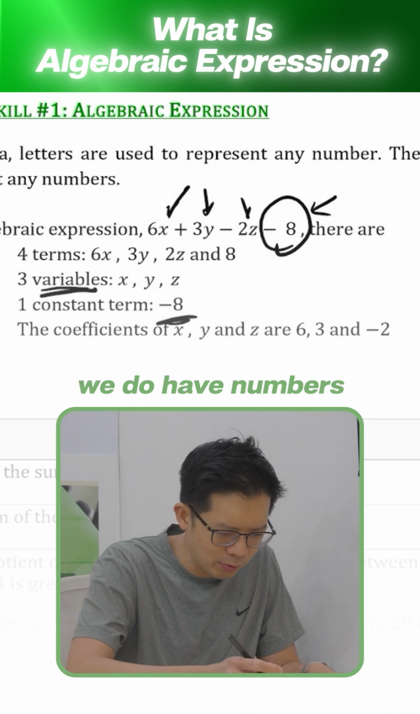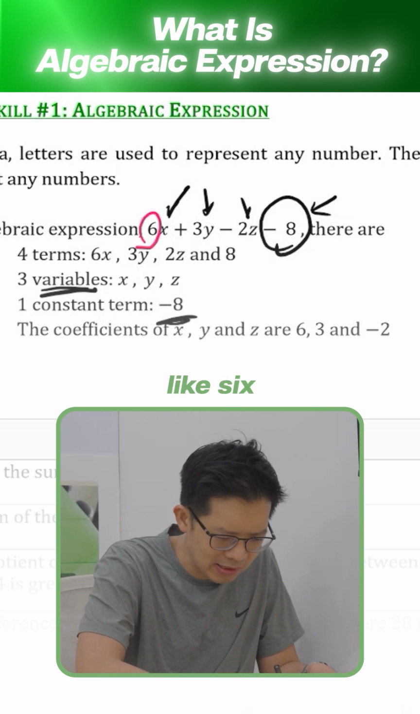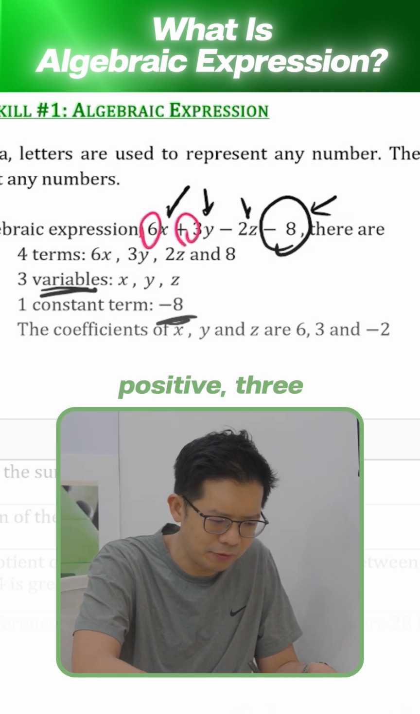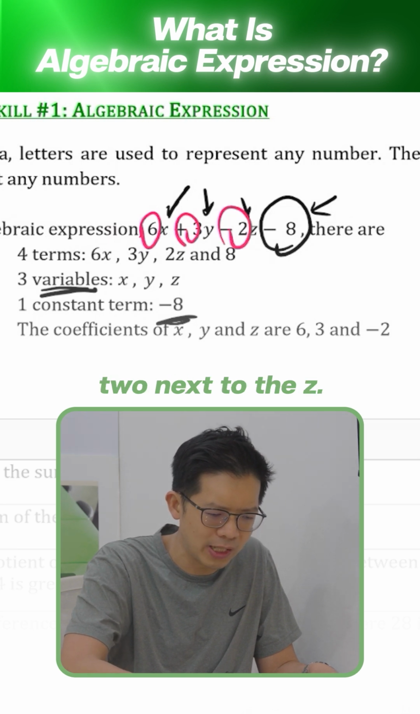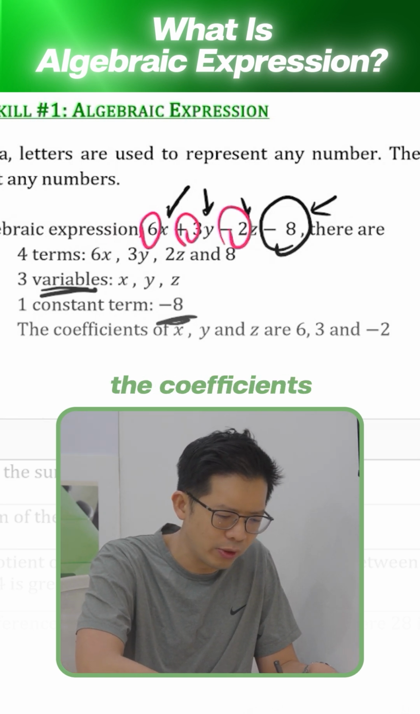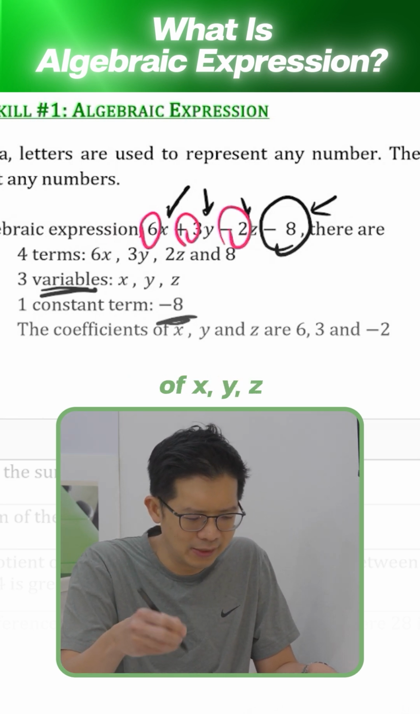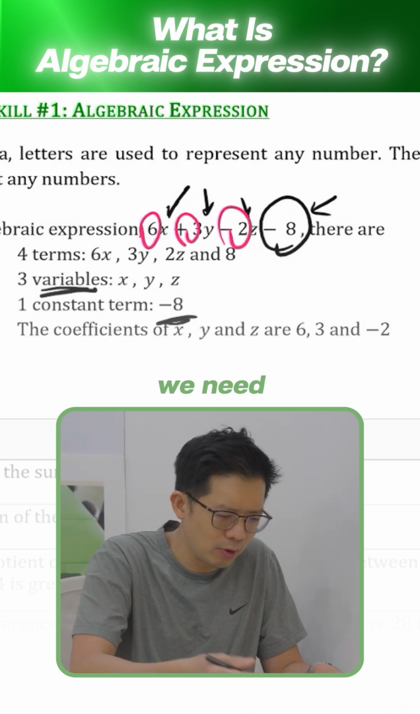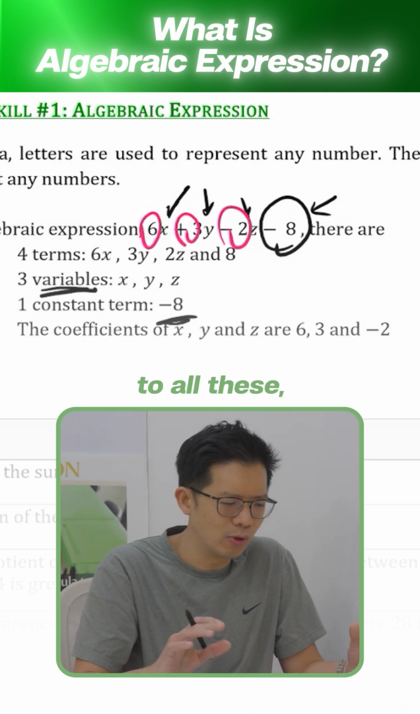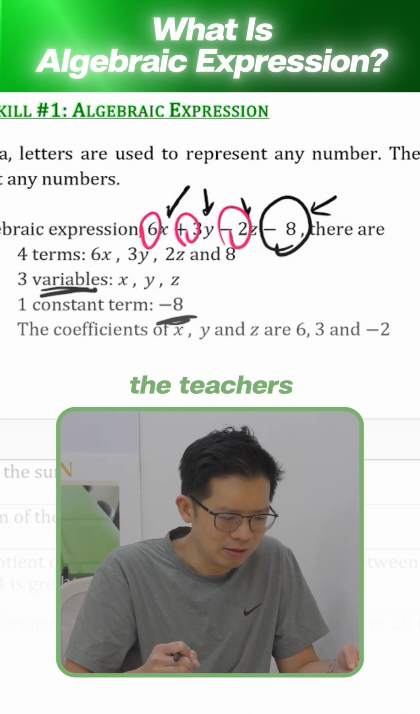Now, of course, we do have numbers like 6 next to the x, +3 next to the y, and -2 next to the z. These are what we call the coefficients of x, y, z, respectively. So first of all, we need to get in tune to all these terms that the teachers will be